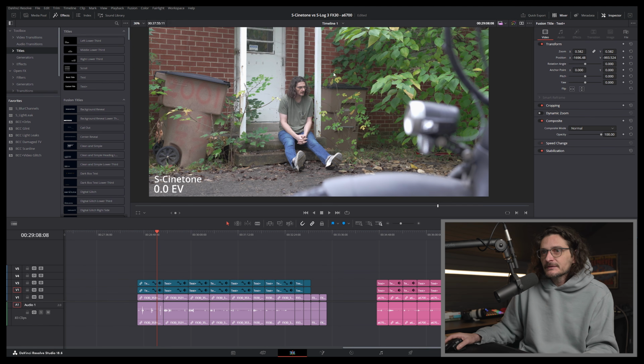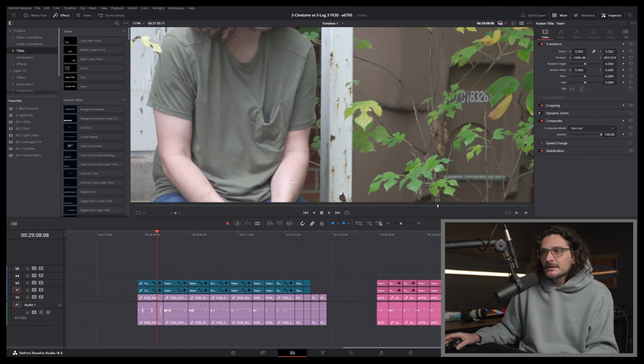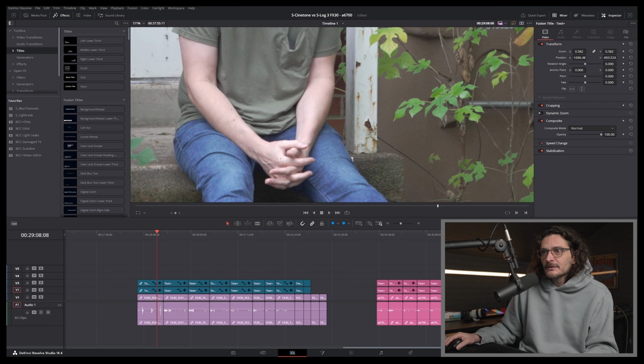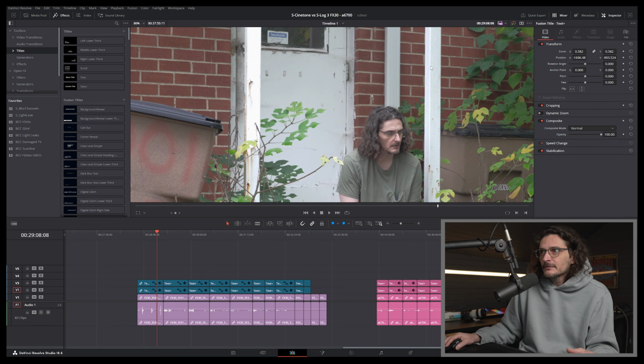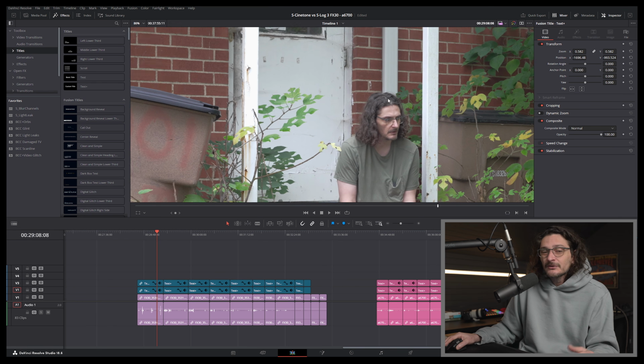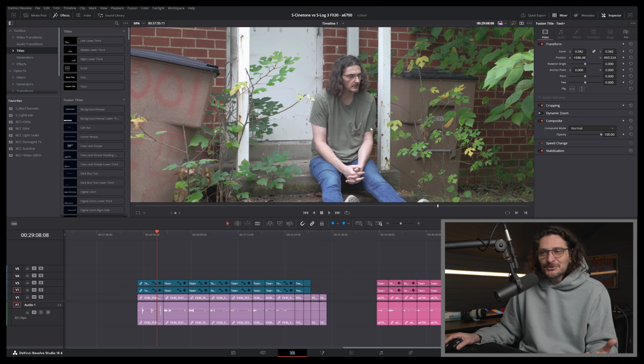EV on the multimeter. This is S-Cinetone at 0 EV outside. You can still see here that we're losing some information. We got these specular highlights on my hand. Here on this post, we're starting to lose some of the information. There's a real hot spot going down this post. So that's just an even exposure on a cloudy day in the shade, and we're still losing a lot of